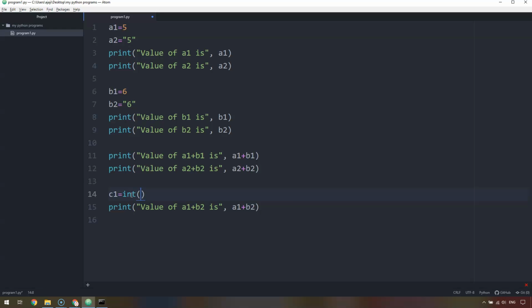So here I wanted to convert the value in the variable named B2. So I'm going to write B2. When the int function is executed, it will be converting that string into the corresponding number and returning it. Therefore, the variable named C1 will be holding the actual number which got converted from the string 6, which is nothing but the number 6. And instead of adding A1 and B2, let me just add A1 and C1. Don't forget to change in both places. Now save this and execute.